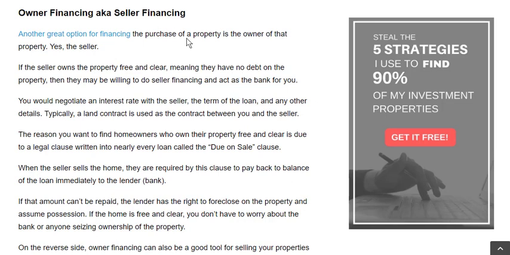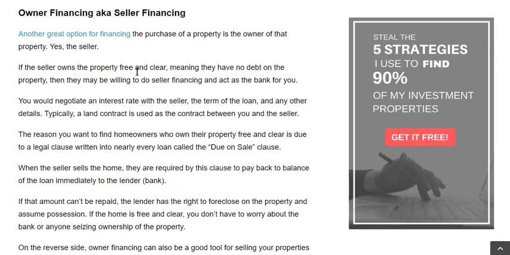This is another great option for purchasing property. If the seller owns the property free and clear, meaning they don't have any debt on the property, then they're probably going to be willing to offer seller financing, which basically just means they're going to carry the loan instead of you going to the bank and getting a loan. So they're not going to get all their money up front at closing. Instead, they're going to let you take a loan with them, and they're going to slowly get paid off over time. So they're going to, again, be the one lending out the money, collecting interest on the money they're lending to you. So you basically get to take over the property maybe for a small down payment of 5-10%,